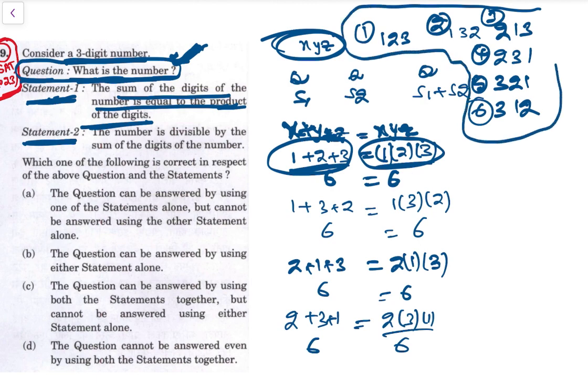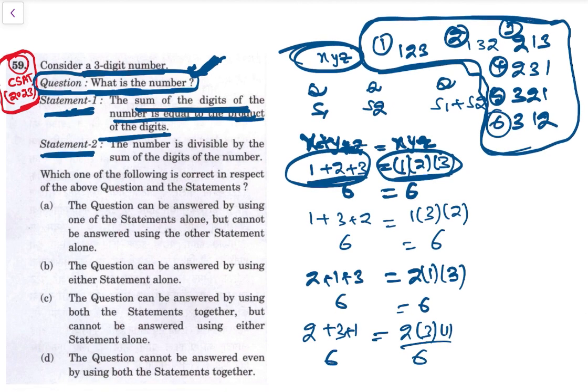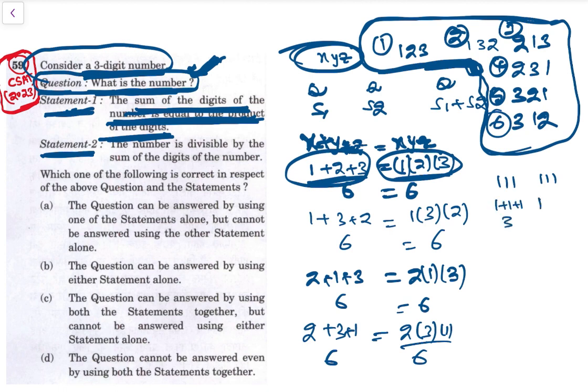So by using this statement we cannot say what the number is, because there are many possible numbers where sum of digits is equal to product of digits. So a 3 digit number can be 111, we have not been told that all digits should not be the same. 111 would be 1 plus 1 plus 1 is 3 and 1 into 1 into 1 is 1, so these two are not equal, sum of digits is not equal. And we can say 3 digit number as